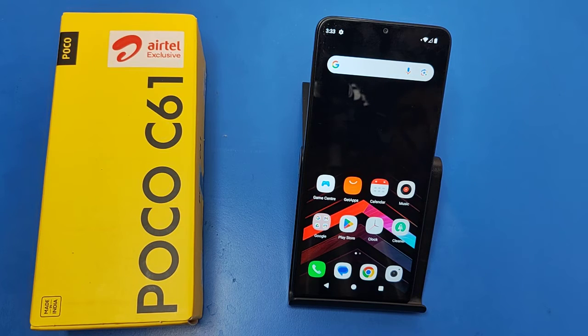In this video I'm going to tell you how to fix the all app crash problem in your Poco C61